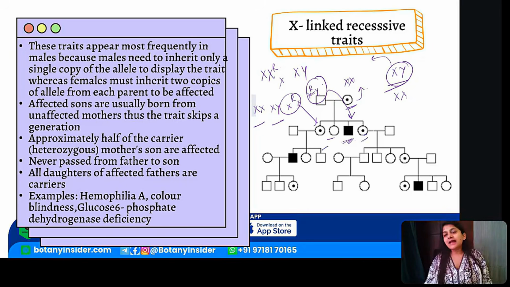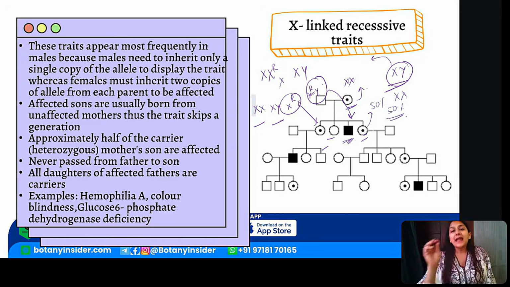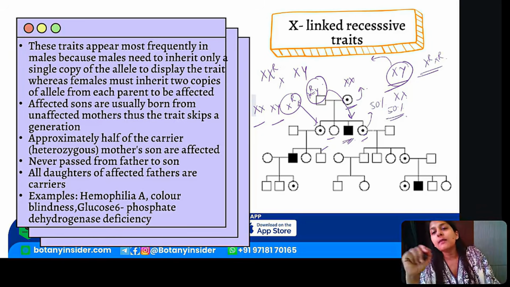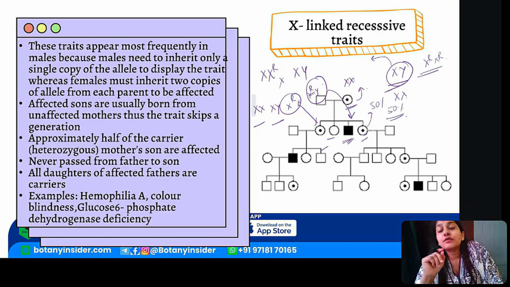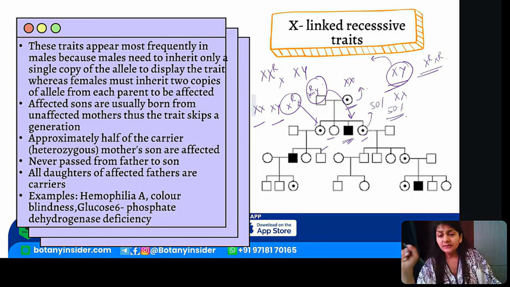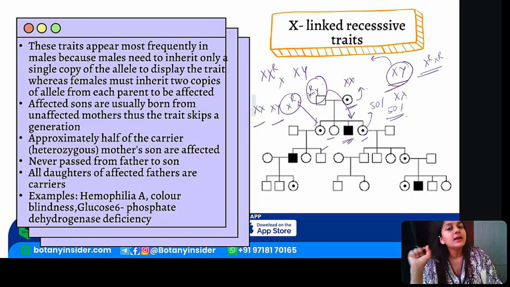So every single individual has a 50% chance of receiving an X and a 50% chance of receiving a Y, right? In the similar scenario, you will get the situation. So X-linked recessive means, if in my previous generation the female is impacted or is actually carrying the trait, all the males will be showcasing the trait, right? No matter how many males there are, in the condition of the female being impacted with the X-linked recessive trait, all the males will be impacted and 50% of the females will be impacted.